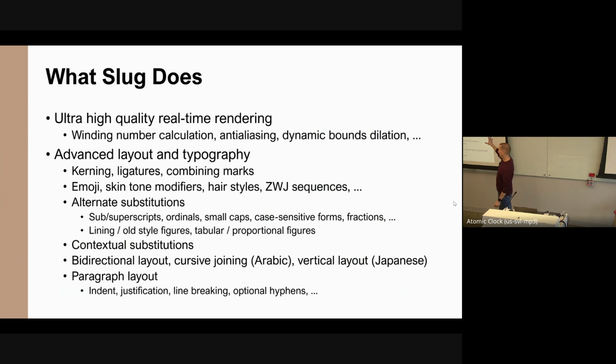So I'll show you a demo in just a second of exactly what kind of rendering you can get out of Slug, and any kind of vector rendering that works based on the same principles. But just keep in mind that behind the scenes, it also does all kinds of typography. So it's doing all kinds of layout that could involve kerning and ligatures and stacking accents on top of characters, handling emojis with all kinds of modifiers and zero-width joiner sequences, doing alternate substitution for all kinds of different things